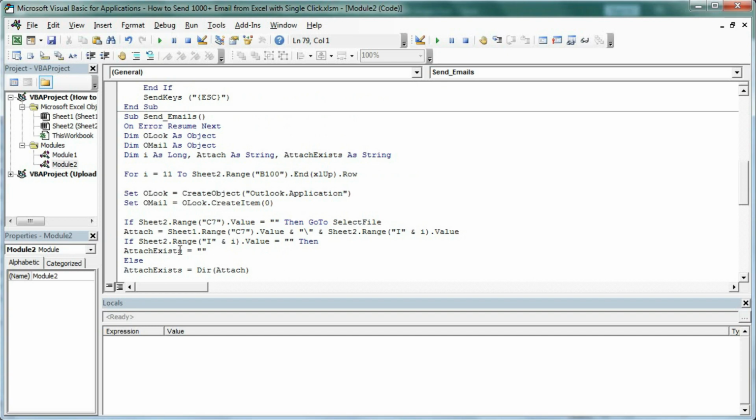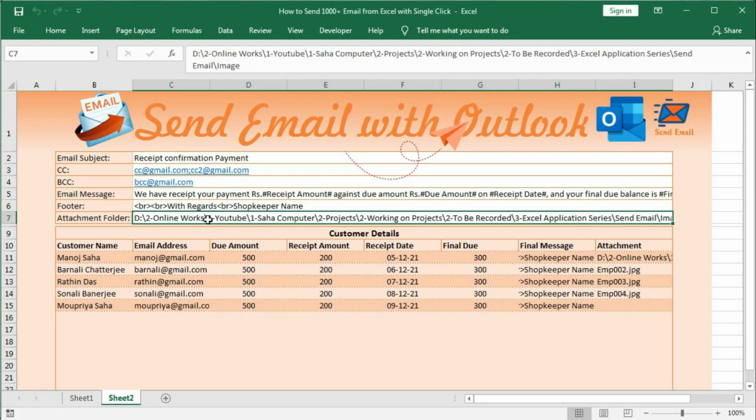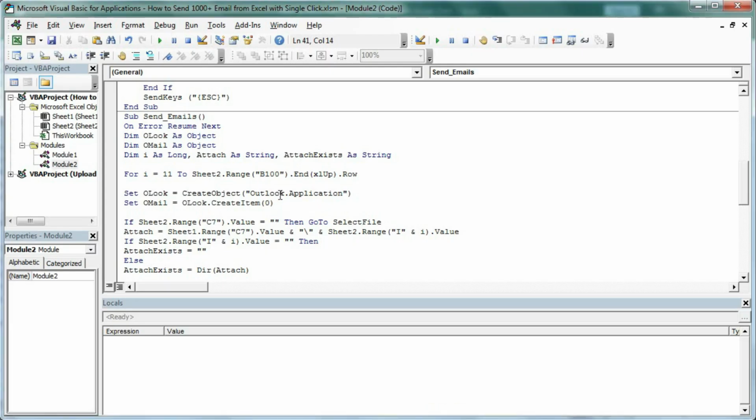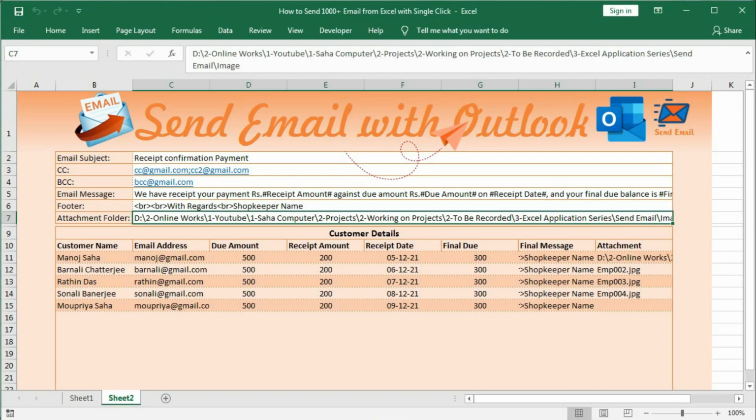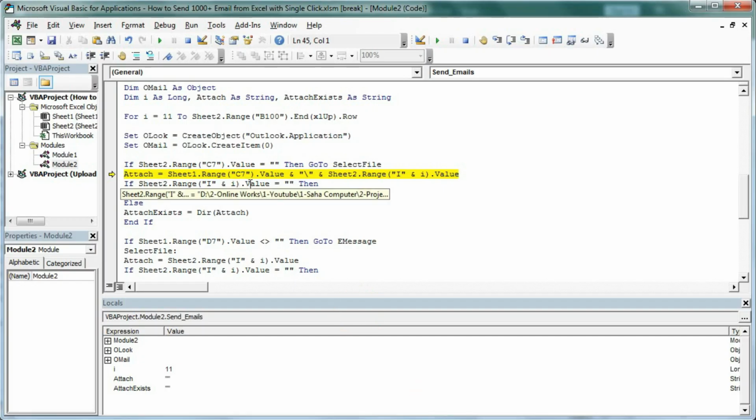So let's check once. So here we have the value for this folder. Okay, so press F8. Now if C7 equal to blank, so this C7 is not blank, that's why it came here.